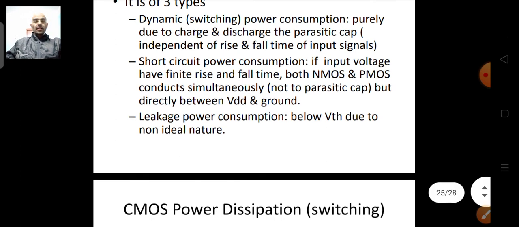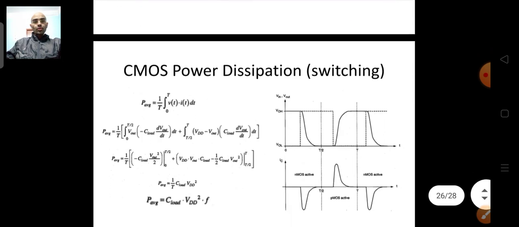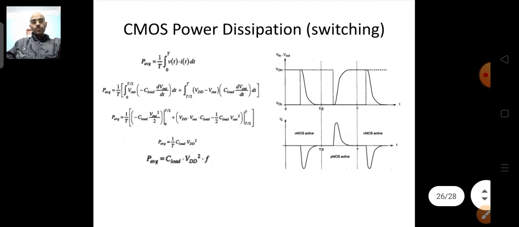The last one is the leakage power dissipation. So there are 3 types of power dissipation: dynamic power dissipation, which is called switching power dissipation, the short circuit power dissipation, and the leakage power dissipation. Okay, so we have understood when the static, leakage power dissipation comes into play, and when the switching power dissipation comes into play, along with the short circuit power dissipation. In practical scenarios you will have all of them, but to understand things, we consider one at a time. Okay, so let's consider the switching power dissipation.